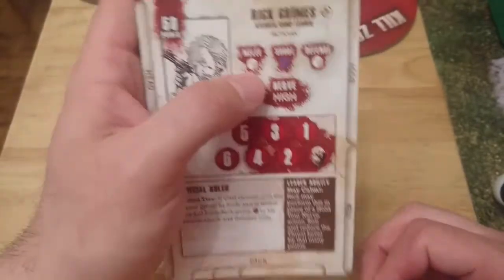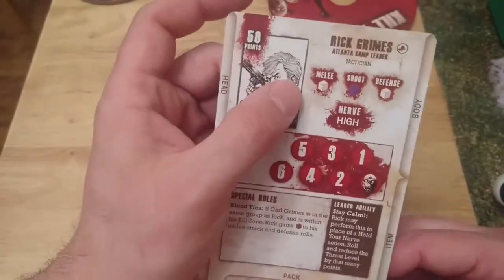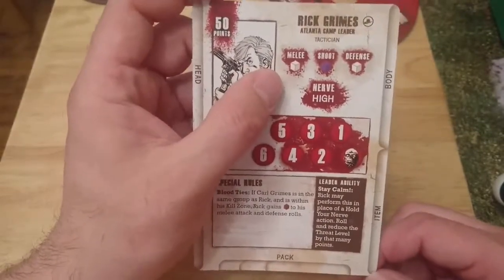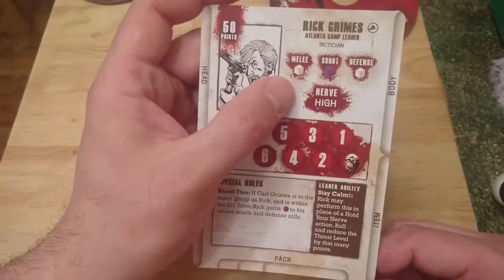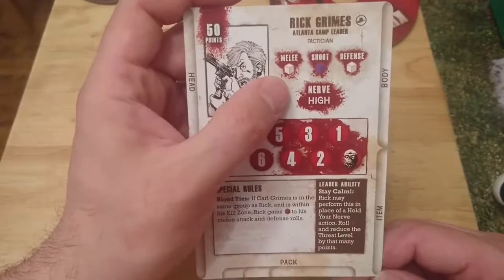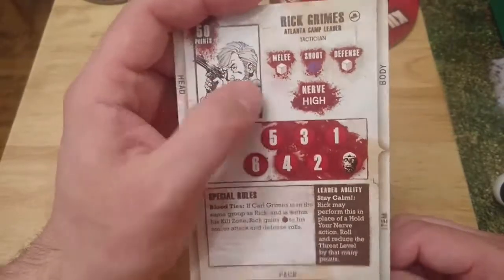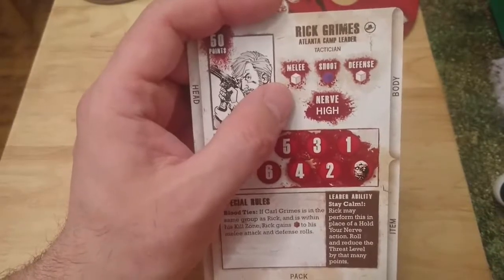Now, this is something I really like about this. You have your melee, your shoot, and your defensive stat, but instead of it being a number, like defense 3 or shoot 6, it shows the die or dice that you would roll when doing that. So in melee, Rick, as standard, would roll 1 white die, plus any equipment that he has would add extra dice. Now, what this means is that new people getting into the game...